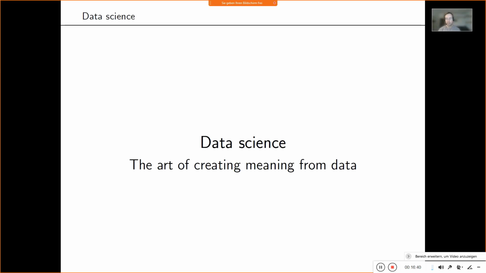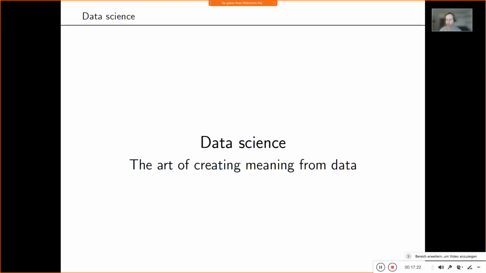So, data science. My personal definition of data science is that data science is the art of creating meaning from data. And by data, I mainly have in mind quantitative data that is present in digital form. And you can even make the scope bigger for data science, so that it may also include qualitative data, and also in a way qualitative data analysis is of course data science. But what I'm mainly concerned with in my own work as a computational cognitive neuroscientist is of course quantitative digital data.